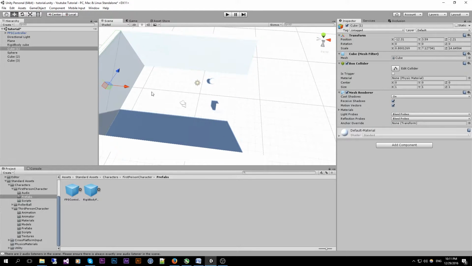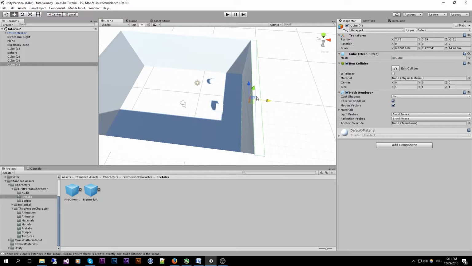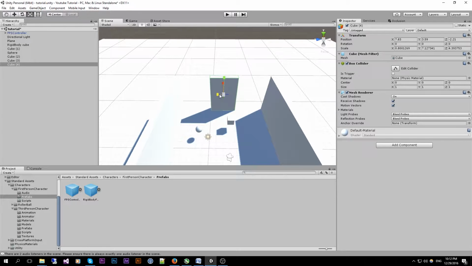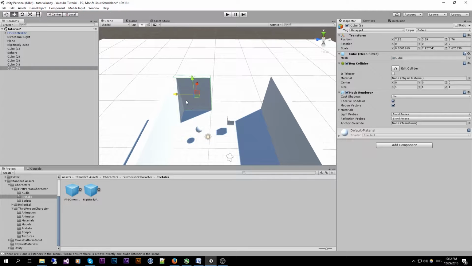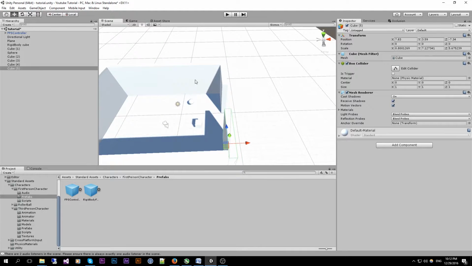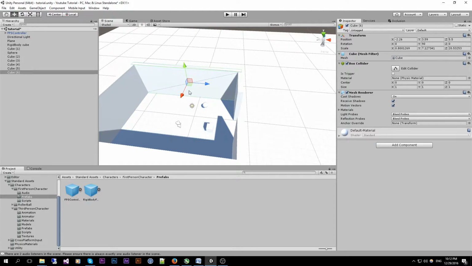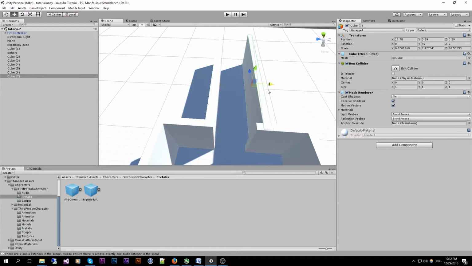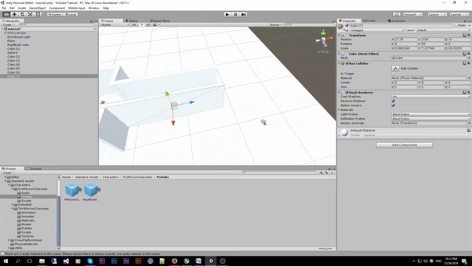And then we will create another cube over here. Make it a little bit smaller. And then create a corridor, like this.